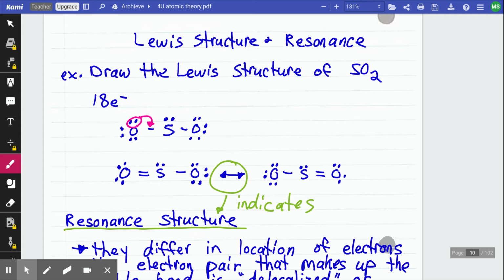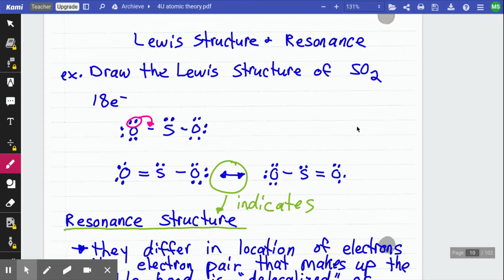All right, we're going to quickly talk about Lewis structures and resonance in this video lesson. Now, we've come across situations where a coordinate covalent bond forms, and that's the case in SO2. So if we go through the process of drawing a Lewis structure for SO2, we find that in order to get the 18